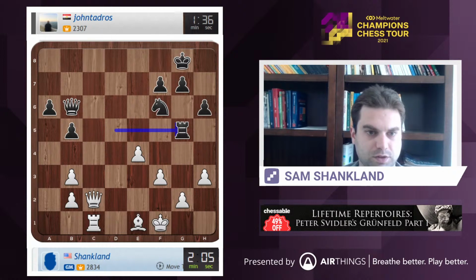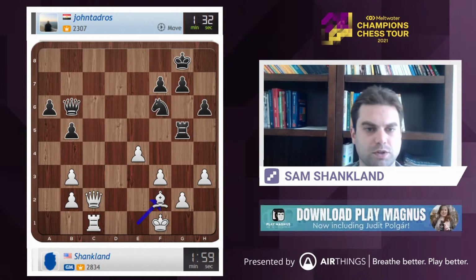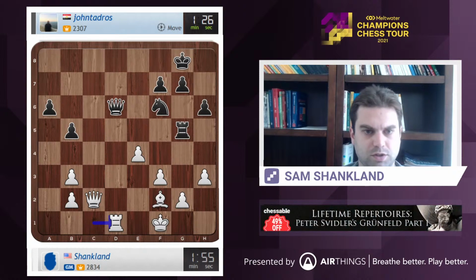Rook g5. Okay, so this guy wants to make a mess. I think it's very sensible. It's what he probably should do, because he's not going to save this game under normal circumstances, but I don't think it will work. So here, bishop h2. Queen d6, sure, but now I can go rook d1, and if queen h2, I'll be able to go rook d8 check, e5, and then I don't really believe in the attack, so...